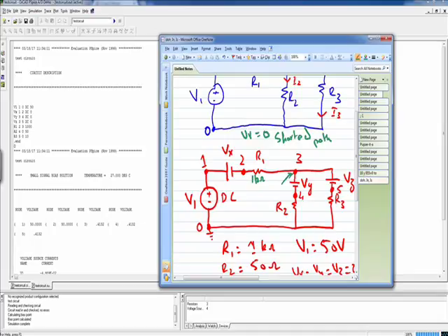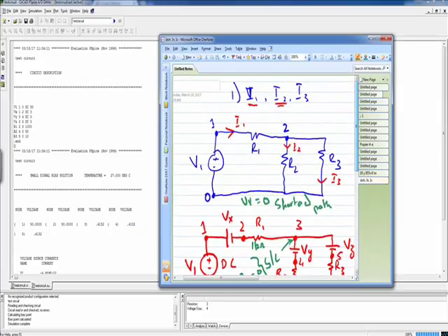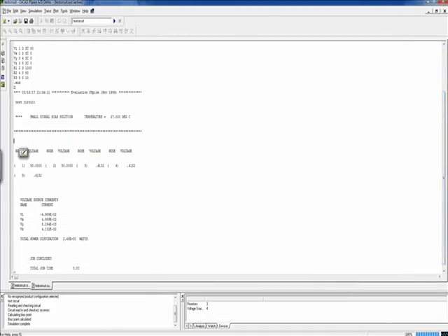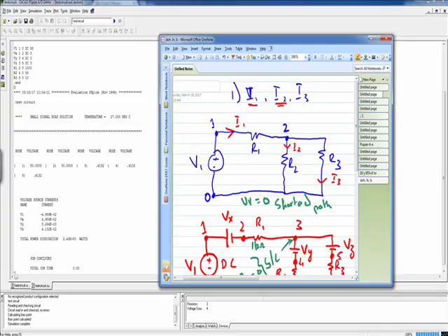And similarly at node 4 and node 5, because Vx is equal to 0, Vy is equal to 0, and Vz is equal to 0, they are all short circuited paths. So whatever is available here will appear across this resistance R1, R2 and R3. So now we can say that the voltage is majorly dropping across this resistance R1. Now what we were interested in was knowing the value of I2 and I3, and also the source current I1. So for this I1, if I just make it solid down here a little bit, you can see